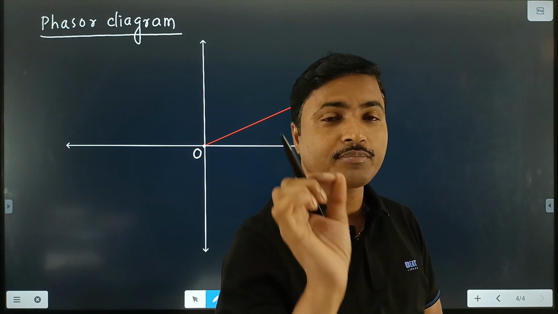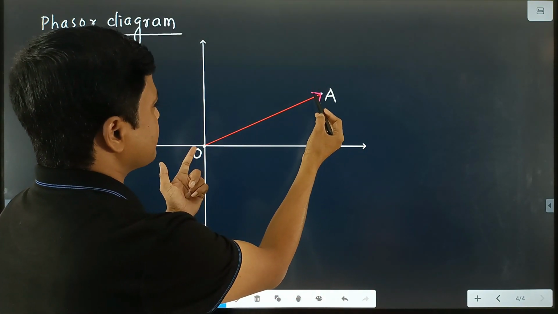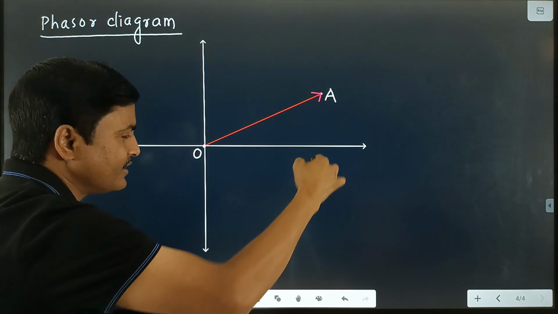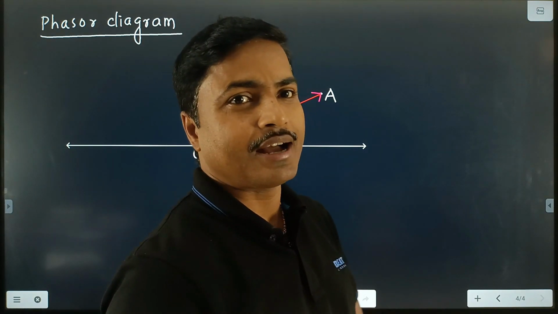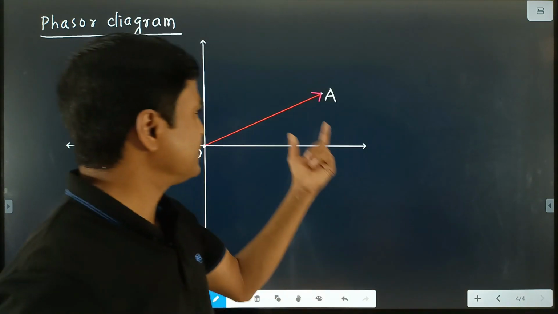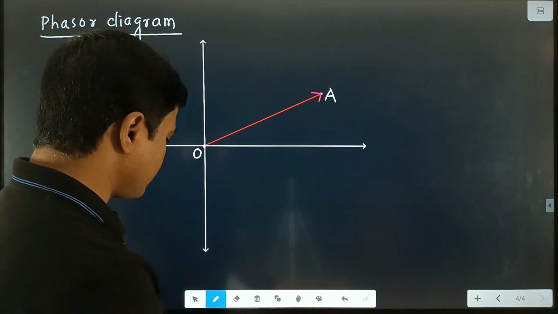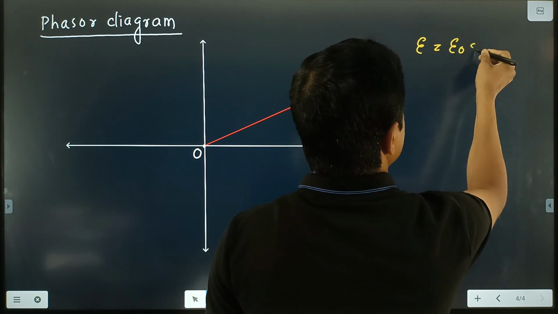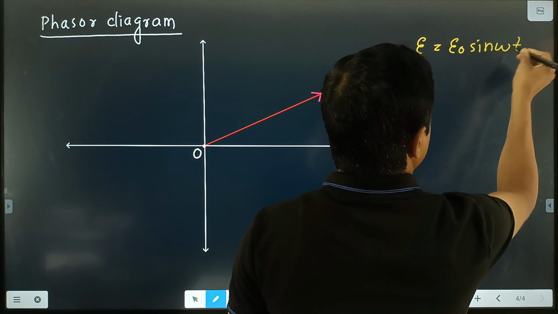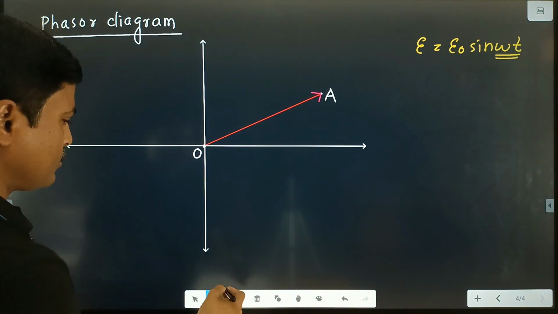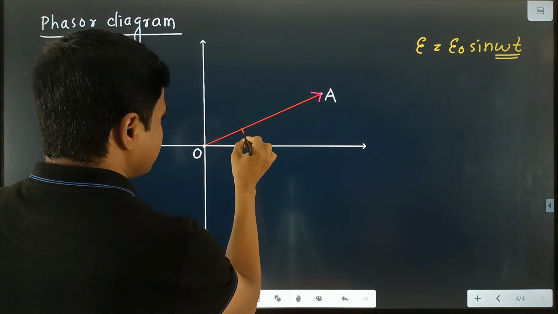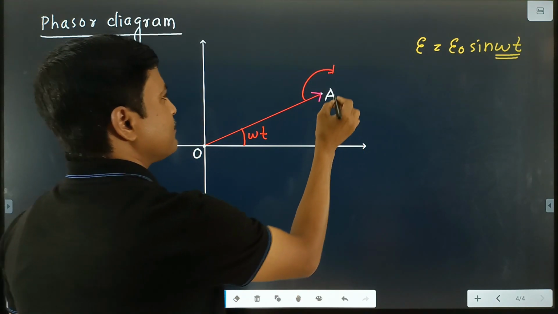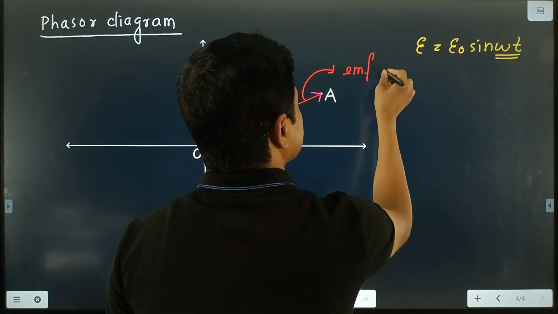You know phasor means a rotating vector, rotating in the anti-clockwise direction with angular speed omega, that is known as the phasor. So this is a phasor, and suppose this is the EMF phasor, and you know the equation for EMF, that is E is equal to E0 sin omega t. Here phase is omega t, means this angle is omega t, and this is the EMF phasor or voltage phasor,